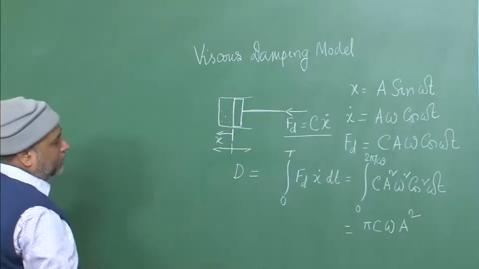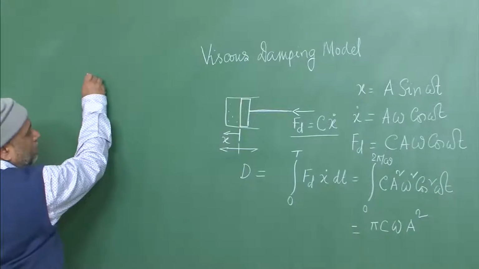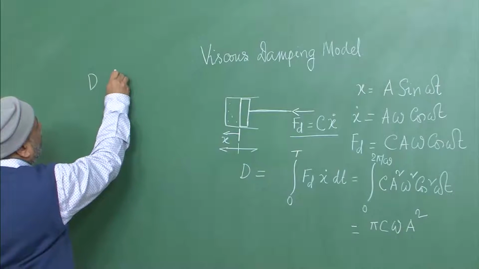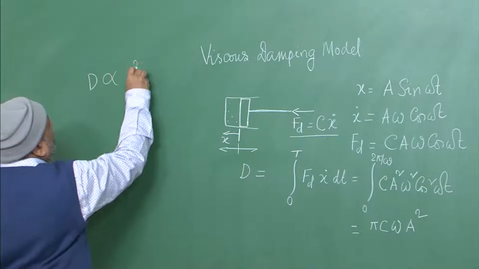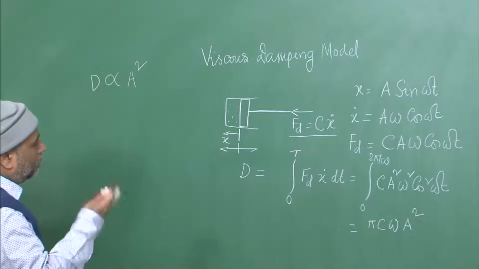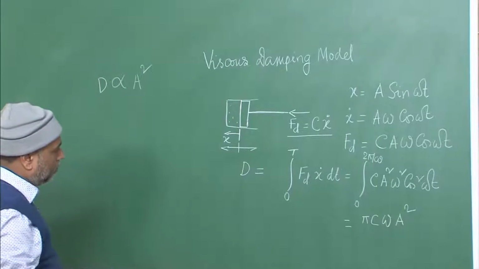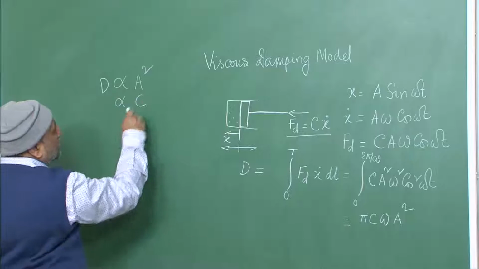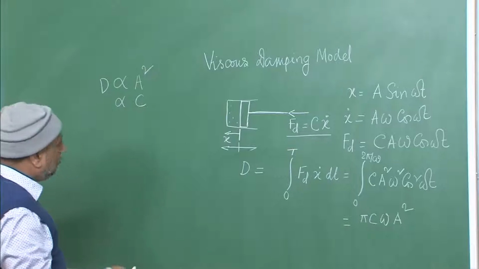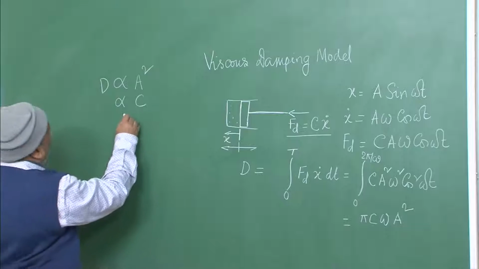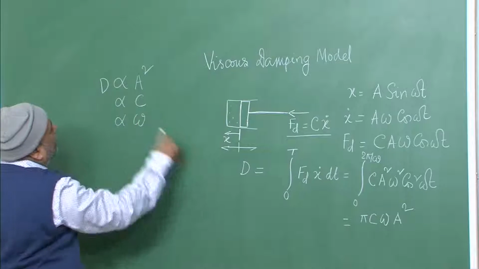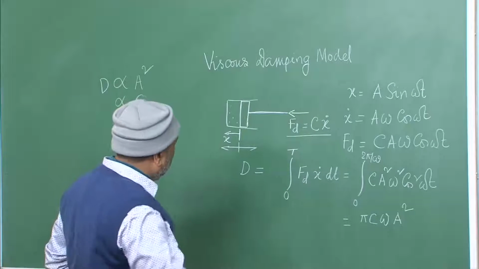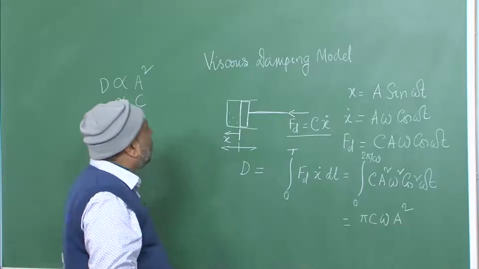So, we can see from this expression that d, the energy dissipated per cycle, varies with the square of the amplitude. So, if the amplitude is very high, energy dissipation will be very high. It also varies with the damping coefficient c. For a larger damping coefficient, energy dissipation will be more, and it also varies with omega. So, that is what this expression gives us, how the energy is dissipated from a viscous